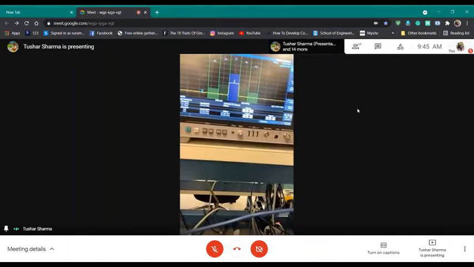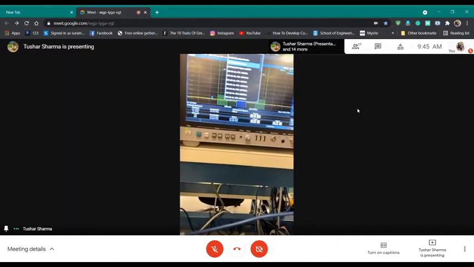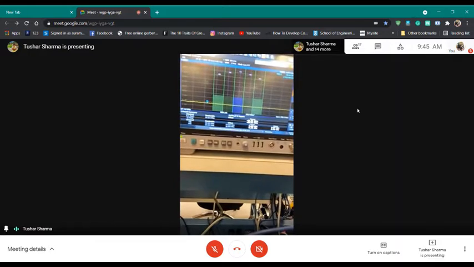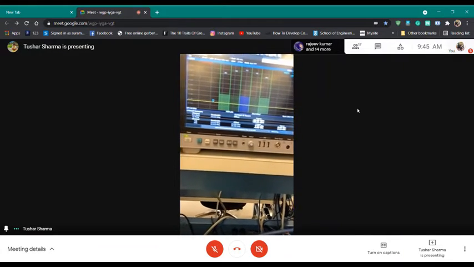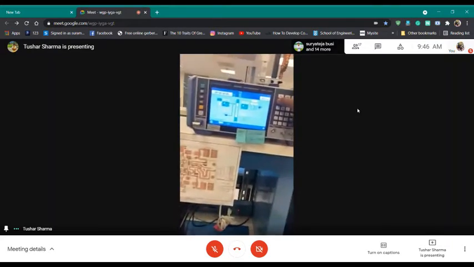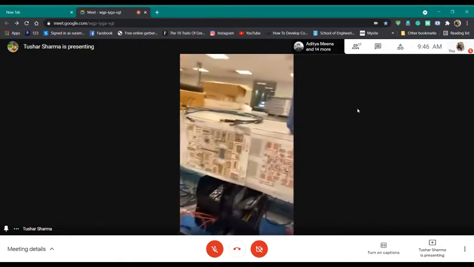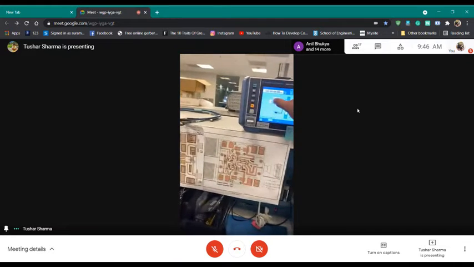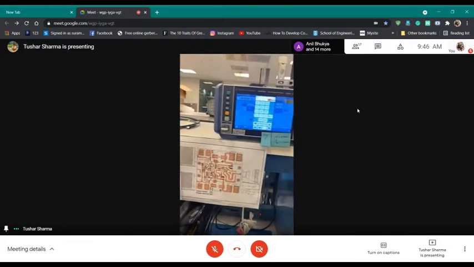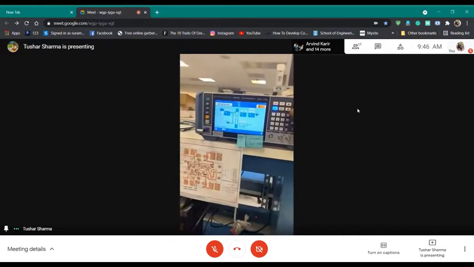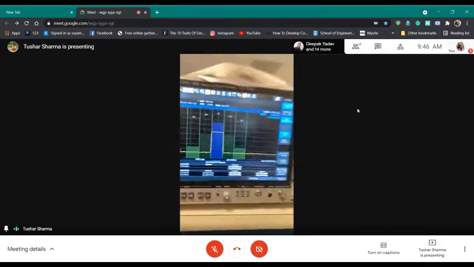And bandwidth, okay, this is done. Sweep time, I can change my sweep time. And then if I change the power here now, increase that power. So this is what my signal looks like.